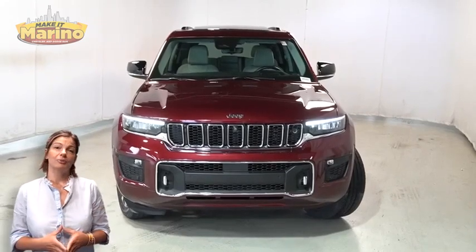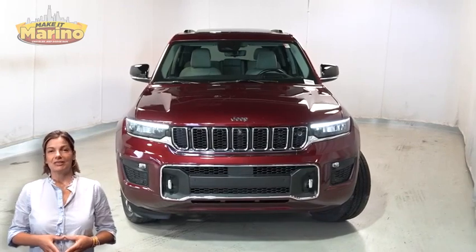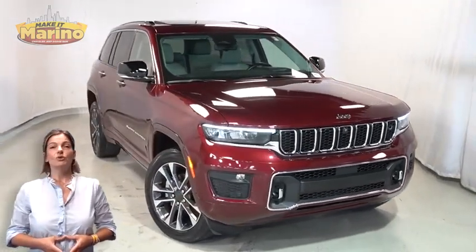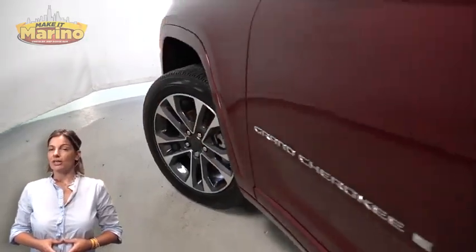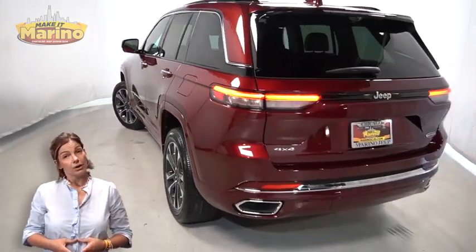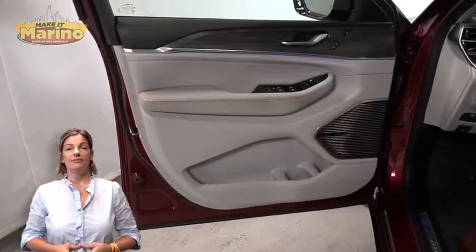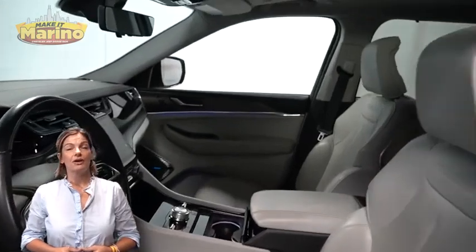Looking for a highly equipped SUV with all the right options and reliability? We'll take a look at this certified pre-owned 2022 Jeep Grand Cherokee Overland with automatic headlamps, premium fog lamps, 20-inch aluminum wheels, power heated mirrors, blind spot and cross-path detection, LED tail lamps, heated and ventilated front seats, heated steering wheel, 1,000 miles on the odometer,